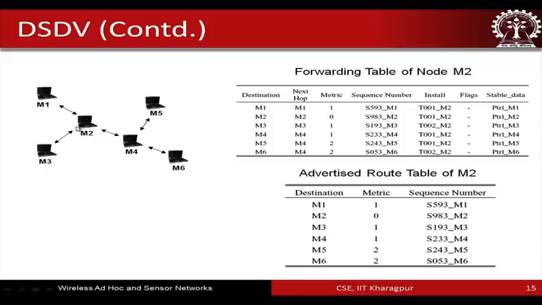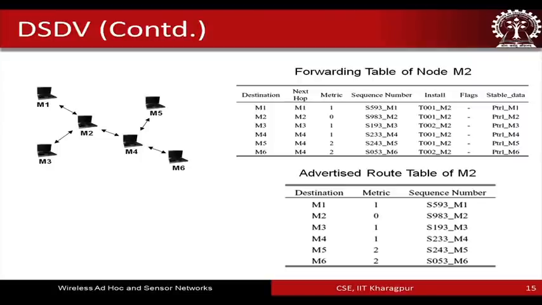So, basically if M2 has to send something to M5, it should send to M4, expecting that M4 will forward it to M5, right. So, this is how these entries are made. Let us just focus on the first 3 columns of this routing table, the forwarding table